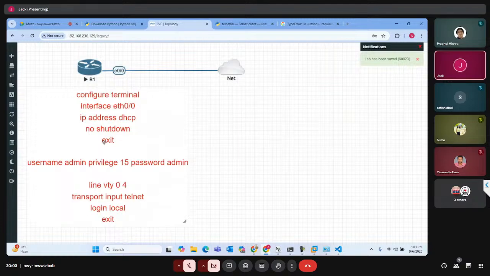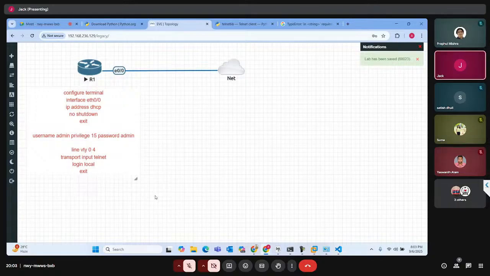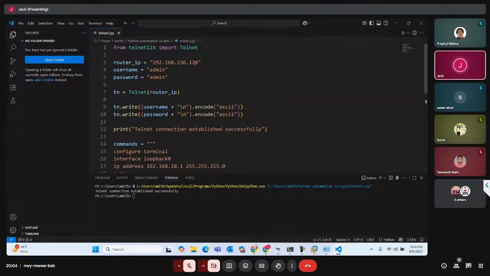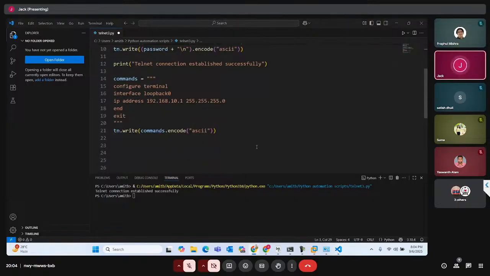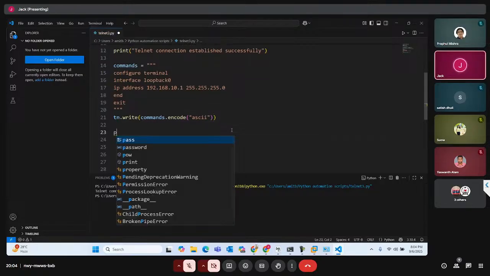Configure terminal, IP address, username, password. This is what we have configured on this router. Now let's go back to the Python script, but this time the IP address is 192.168.236.130. Okay, and in the last, guys, I want this router to run the script, and I want it to